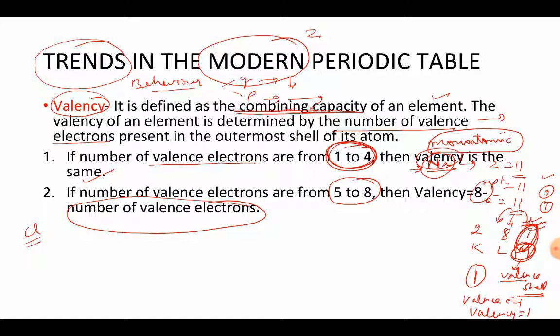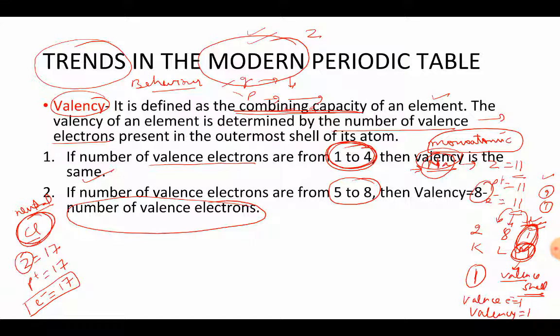Now again, very important, since we are discussing the modern periodic table, the atomic number is important because the fundamental property is the atomic number. So it is 17. Atomic number means the number of protons, so it is also 17. Since this atom is neither carrying a positive charge nor a negative charge, it is neutral. And whenever the atom is neutral, the number of electrons is equal to the number of protons, that is also 17. Now, once we get the number of electrons, we have to do the electronic configuration.